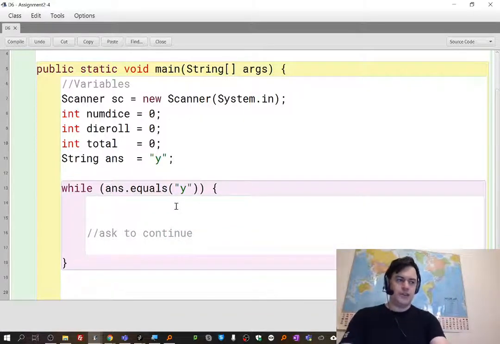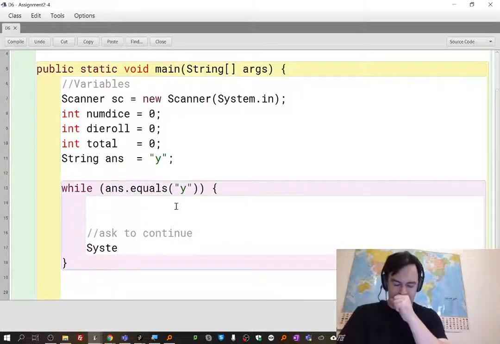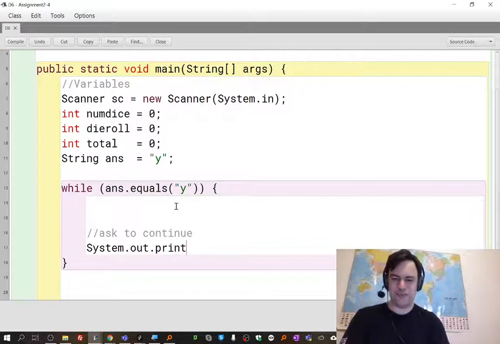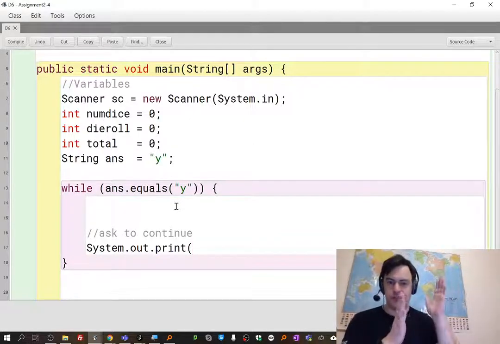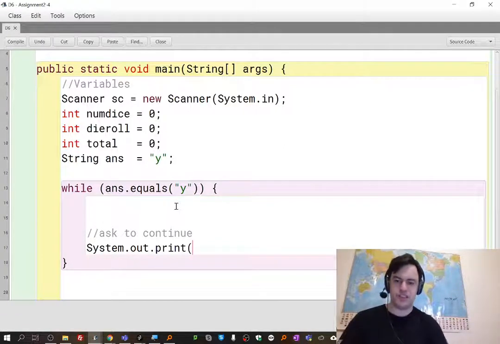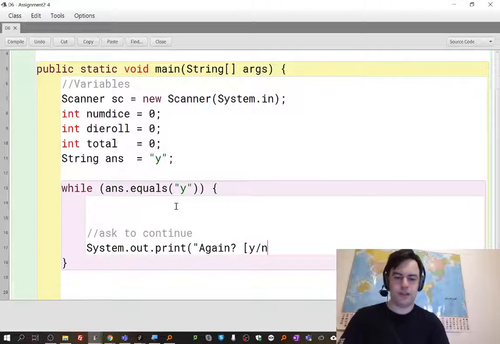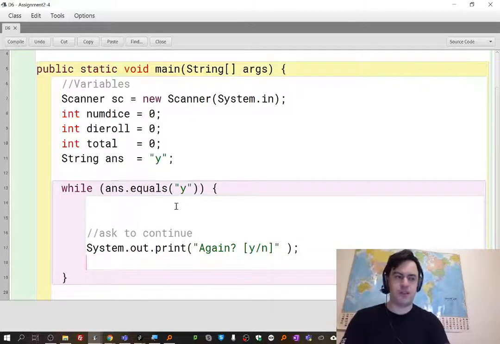This is System.out.print. Like most prompts, I like to use print because I want the answer to go on the end of the line, not afterwards on a separate line. So I'll say, play again? Yes, no. And I'll put a space there, and then we'll actually read that in. So we'll say answer, that's the name of my string that I'm using to read, equals